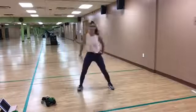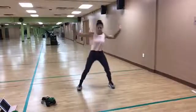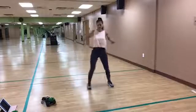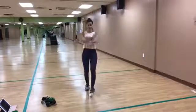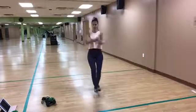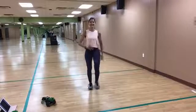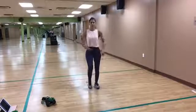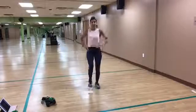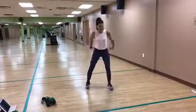4, 3, 2. Step, touch, and press the arms. 4, 3, 2. Heel across to the front. Press forward. 4, 3, 2. March it out. Stand up nice and tall. Shoulders down and retract back. Engage that center. Keep marching. Last 4, 3, 2. Take those legs out wide and hands up